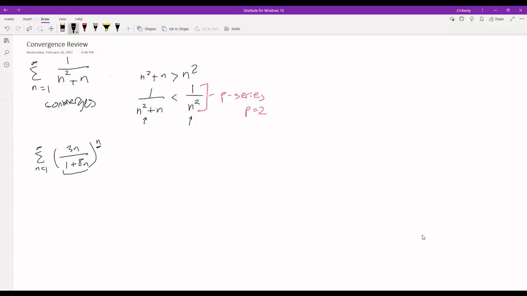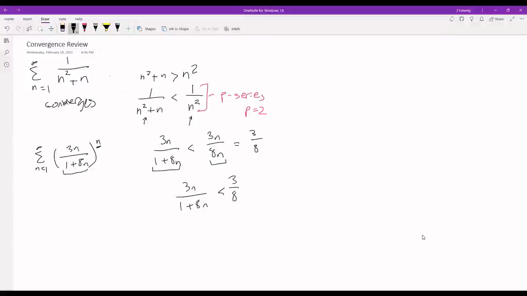So looking at just the inside of the parentheses right now, 3n over 1 plus 8n, we know since n is always positive, this will be less than 3n over 8n, right? Because this is greater than this, and this equals 3/8. So that means 3n over 1 plus 8n is always less than 3/8,